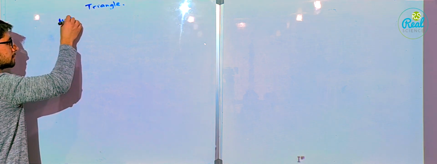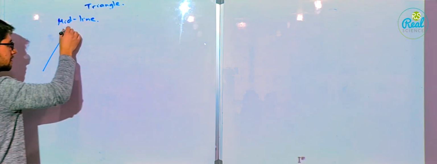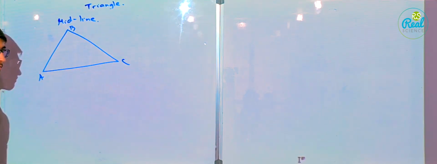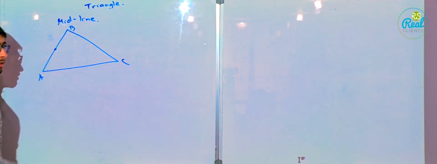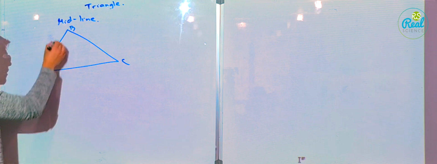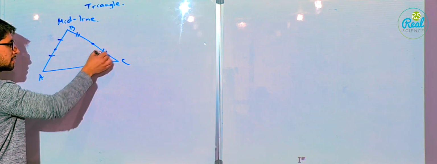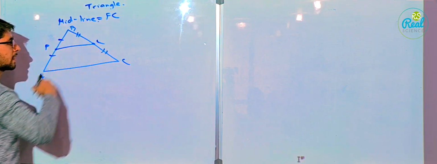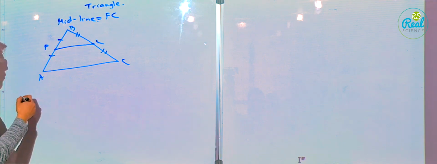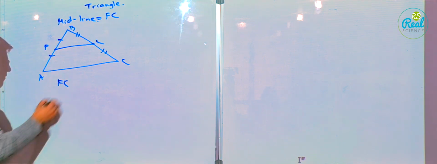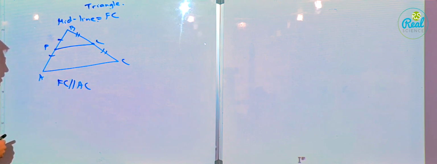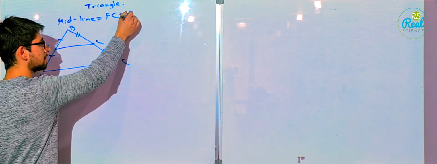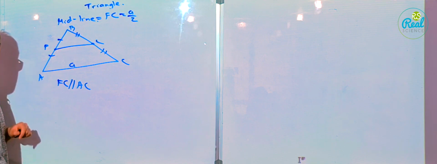What is a midline? Okay. Midline. ABC triangle is any triangle, okay? So midline means middle line. It is connecting the middles of two sides, okay? So this is the midline. Let's say FC. So FC is the midline, and it is opposite from AC. FC will be parallel to AC, and it will be half of AC. Let's say AC is A, so FC will be half of it,